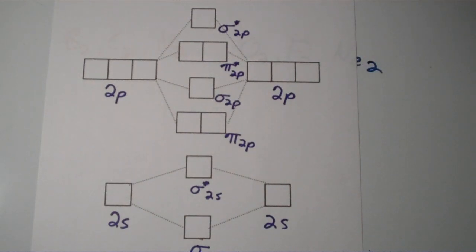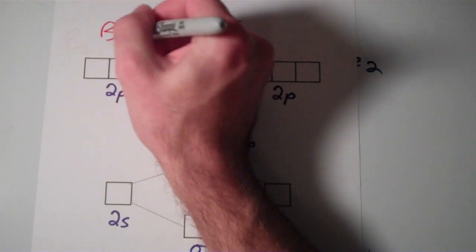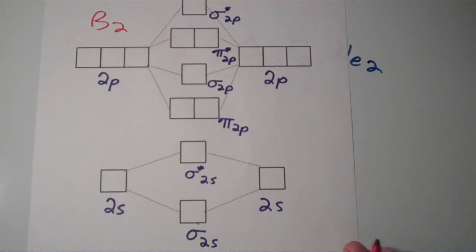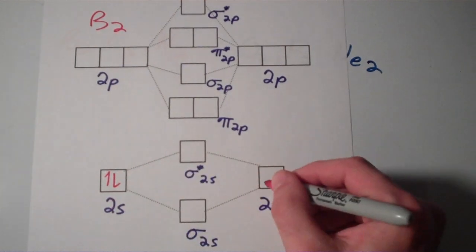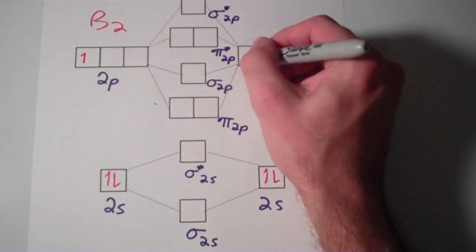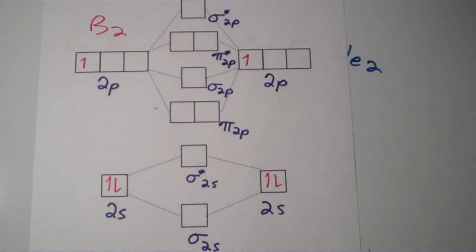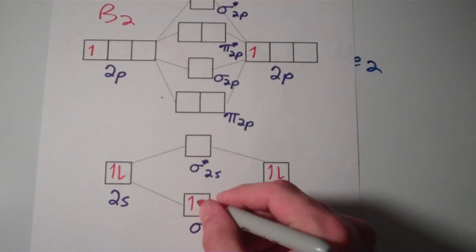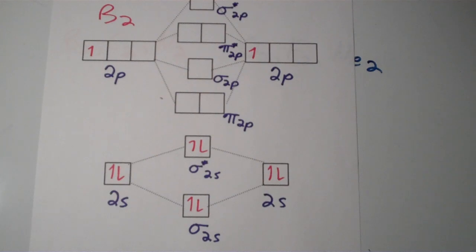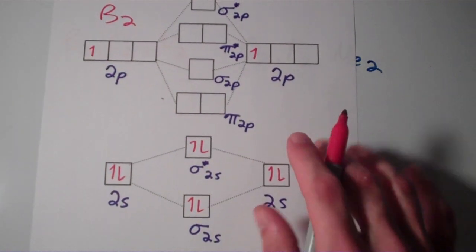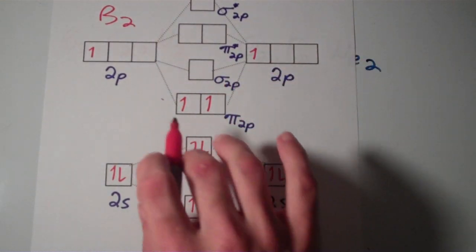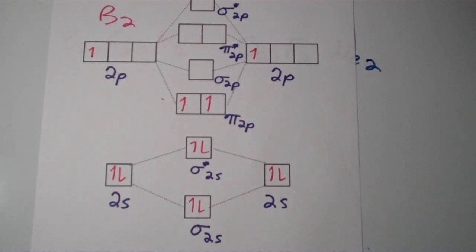So if this is boron, B2, and we fill out the molecular orbital diagram for boron. Well, boron has how many valence electrons? 3, right? So it's going to be these two, and then one of these, right? The sigma orbitals that come from the 2s orbitals are going to completely fill up. And then the 2 remaining electrons that come from the p orbitals are going to populate the pi 2p molecular orbitals, and they're going to do so that they're both half filled,